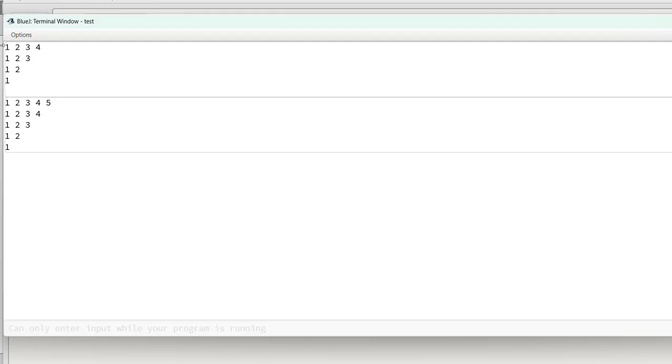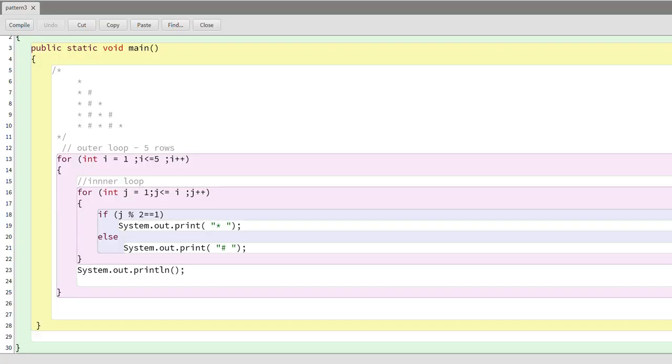See, now this correction has been done. 1 2 3 4 5, 1 2 3 4, 1 2 3 and 1. So now let's go to another program. Now the pattern is, if you observe, first row star, second row star and hash, then star hash star,